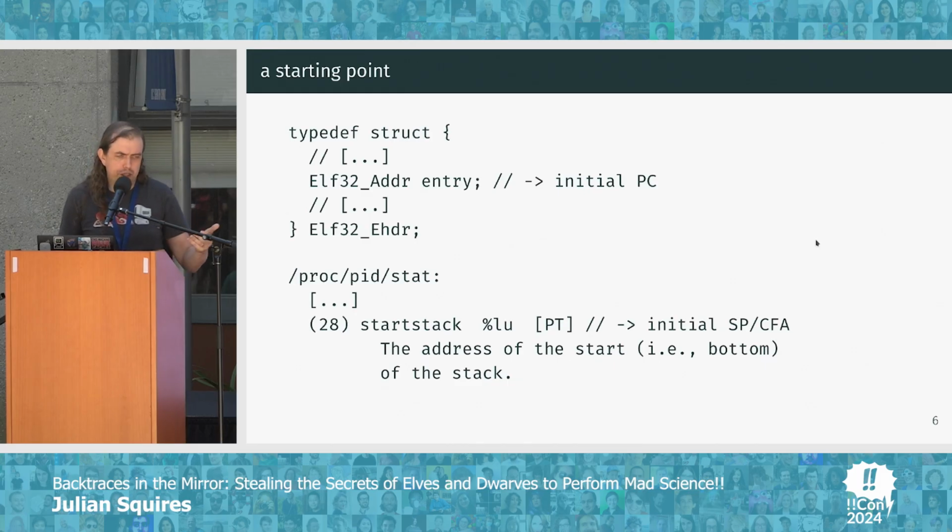The ELF header gives us an entry point that gives us an initial program counter, and procstat can tell us where the bottom of the stack is. So we have some of the register values we care about. Unfortunately, we can't just replay those DWARF CFI expressions in reverse. They're typically written in terms of registers whose values we haven't reconstructed yet, right? But what we can do instead,